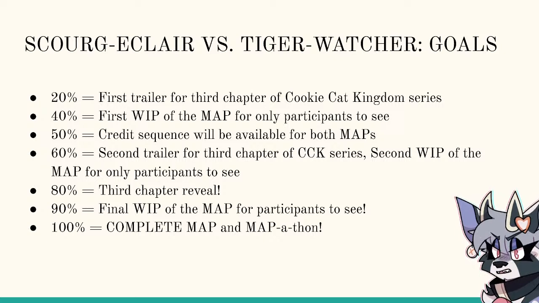60% is the second trailer and the second WIP for the participants to see, of course. And the 80% is the chapter reveal. The 90% is the final WIP. And then the 100% is the complete map and mapathon. So, people should know what they're getting into. So, in short, this is gonna be your big objective to...